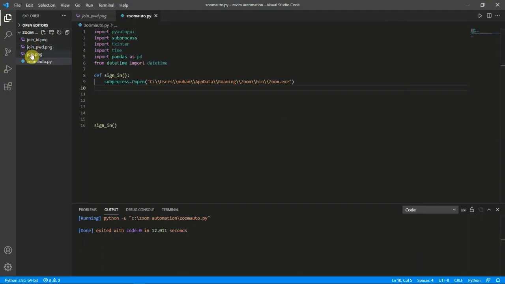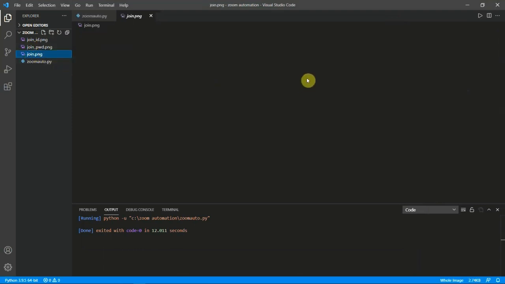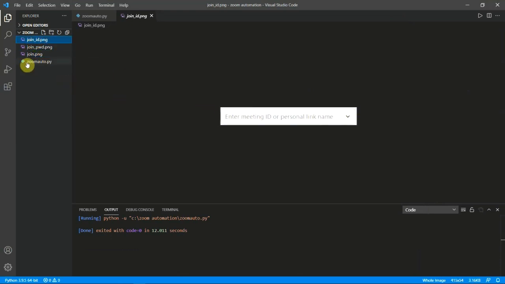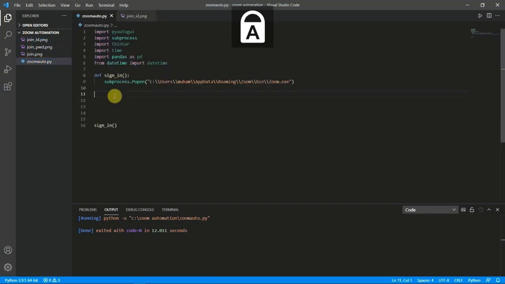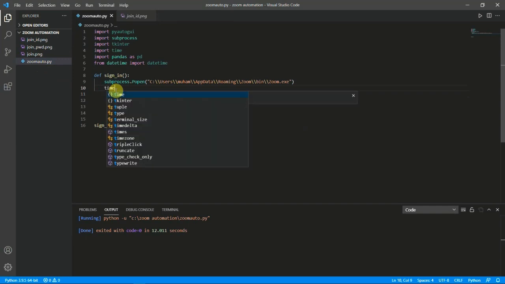I have already taken the screenshots. This is the join button, the meeting passcode, and the enter meeting ID or personal link. Okay, these are my screenshots. Now we will have to just automate all this. For that, after opening the Zoom, we will ask our compiler to wait for some time.